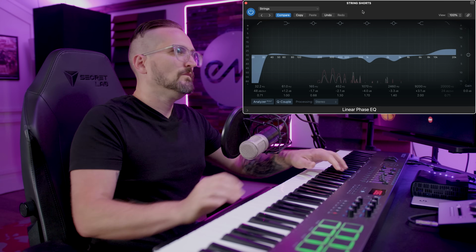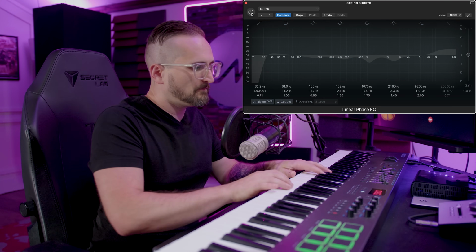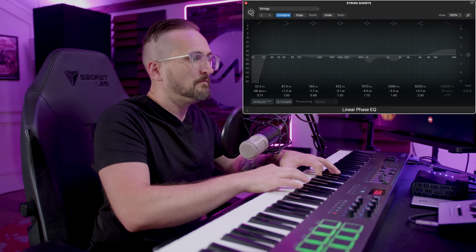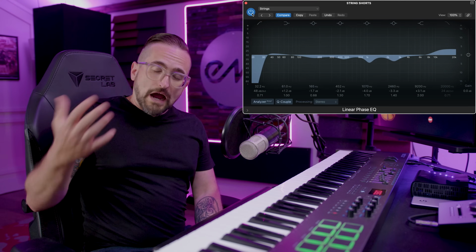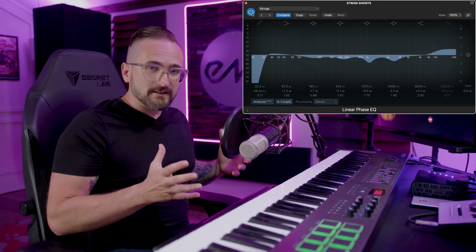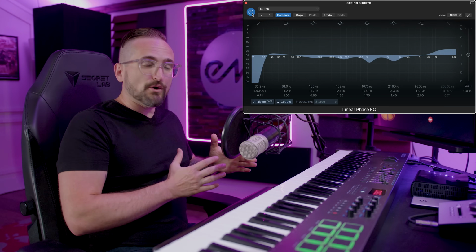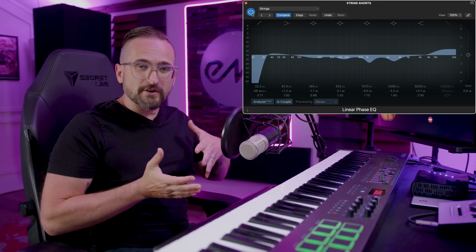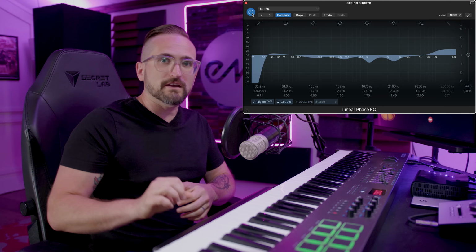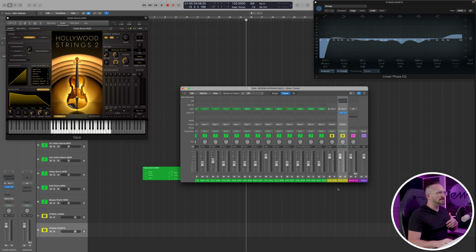And then here it is without the EQ. So you can obviously hear that the EQ is having an effect there. Again, that's because the audio from that viola track is being routed through the bus that has the EQ applied to it. So I generally like to do most of my processing at the bus level for a number of reasons, and we'll get into those reasons in future videos in the East West Academy series.